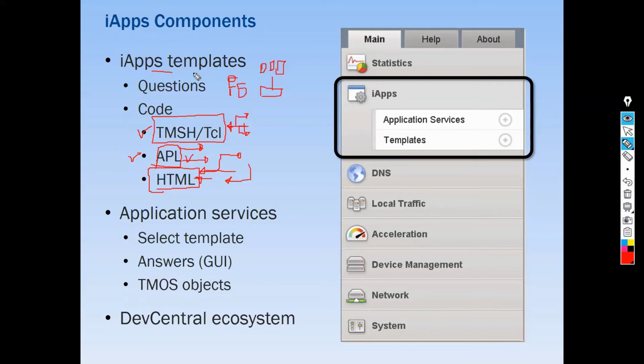So let's say I selected the template. Now I don't know what answer to give. It is asking me one question: do you want to perform SSL offloading or SSL pass-through? Now I don't have any clear idea what is SSL offloading and what is SSL pass-through, and what are the advantages of using each. I have no idea. In that case, if I click on the help section, it will explain very clearly what is SSL offloading and what is SSL pass-through, so that upon reading this help section, I can understand which option is best suitable for me, and I'll select the answer.